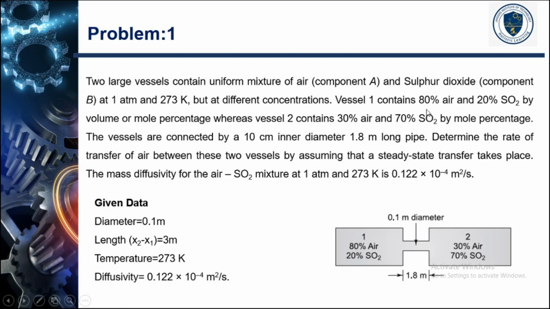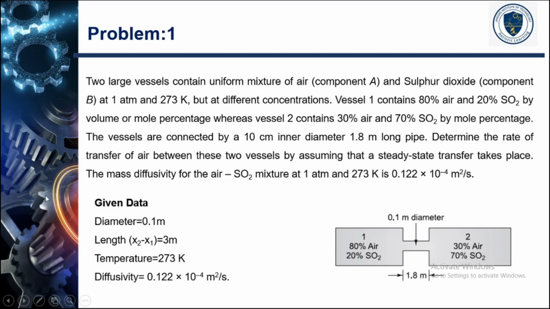Vessel 1 contains 80% air and 20% SO2 by volume or mole percentage, whereas vessel 2 contains 30% air and 70% SO2 by mole percentage. The vessels are connected by a pipe of 10 cm inner diameter and 1.8 meters length. Determine the rate of transfer of air between these two vessels by assuming that steady state mass transfer